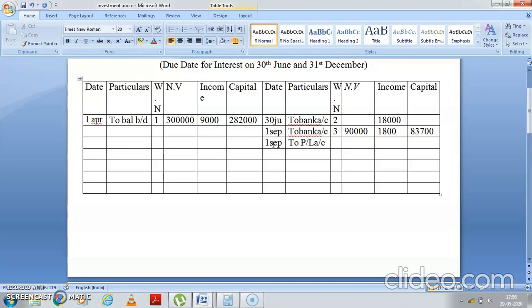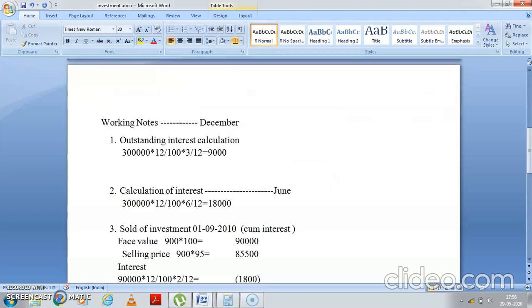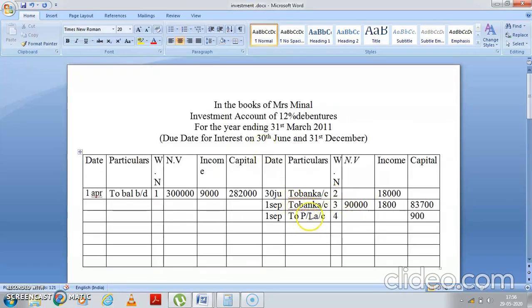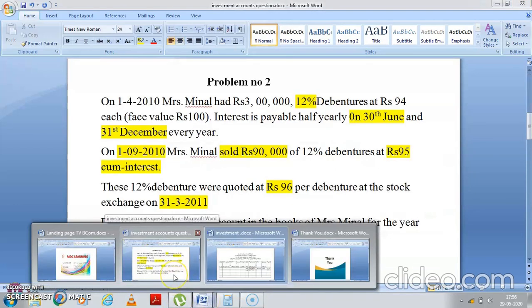Okay, students. This is working note number 4. You are getting a loss of how much? Your loss is 1,000. How much is your loss? It is 900. Okay, we'll check it again. Yeah, my loss is 900. Okay, students, understood what is going to happen when the unit is sold out? Chalo, good. Let's read the other part of it.